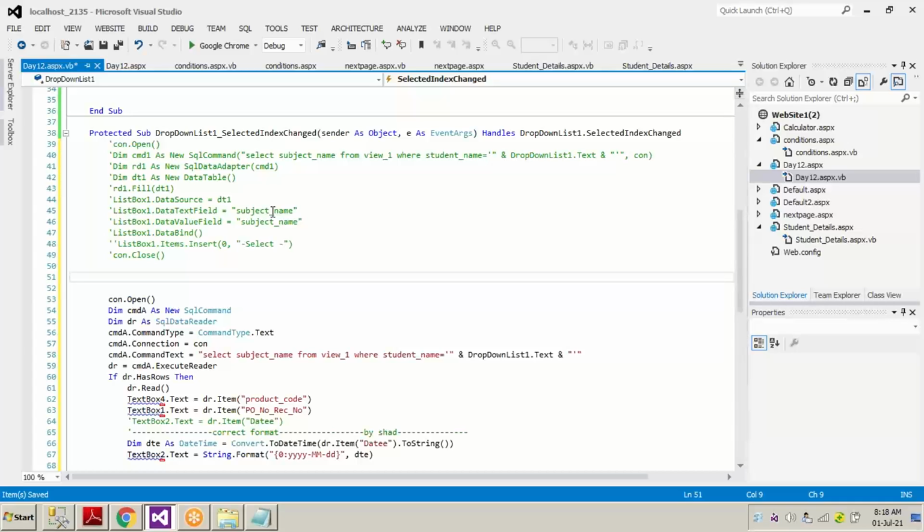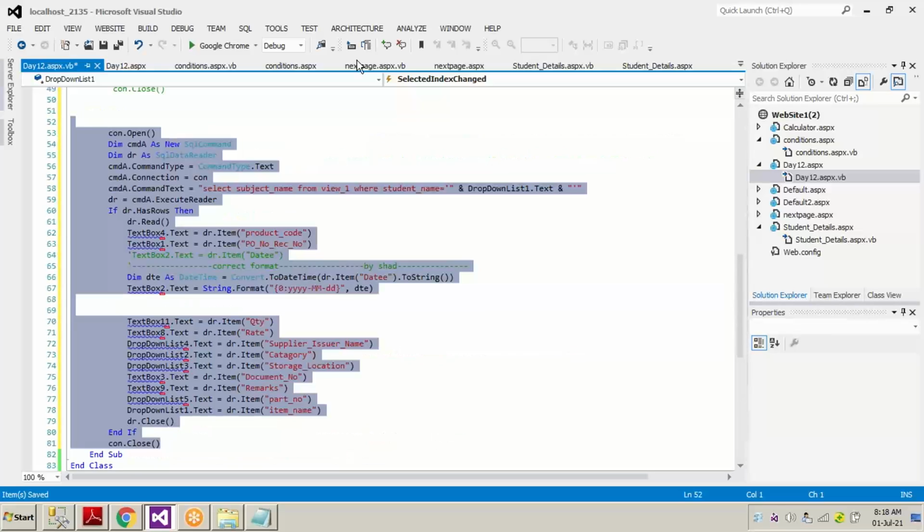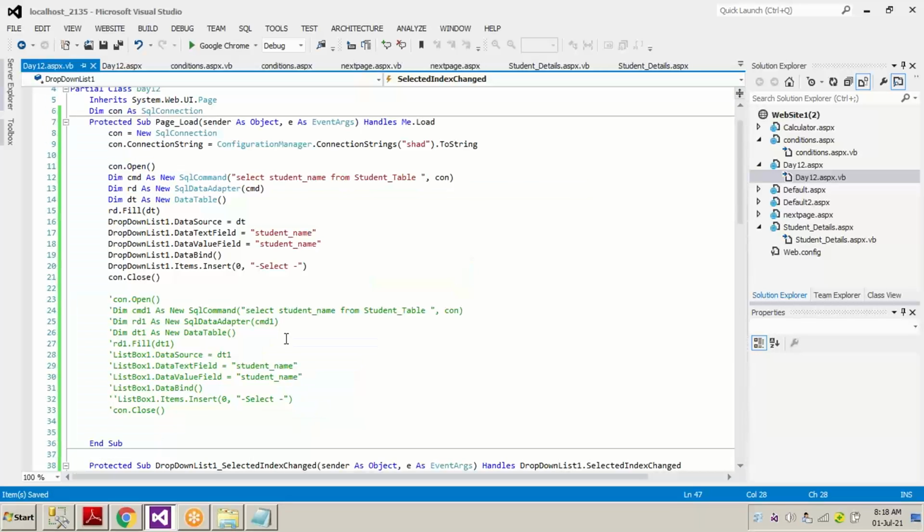Okay. So we missed a code in the form load, because every time we do some work on any page, the page gets refreshed. When the page gets refreshed, all the code written in the form load event gets executed again and again.